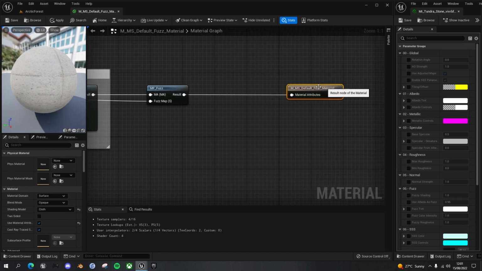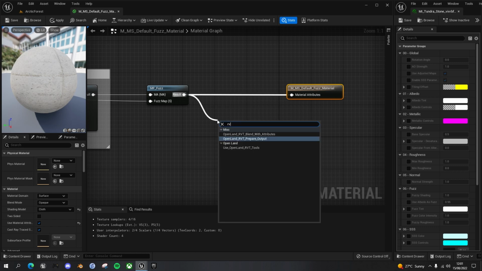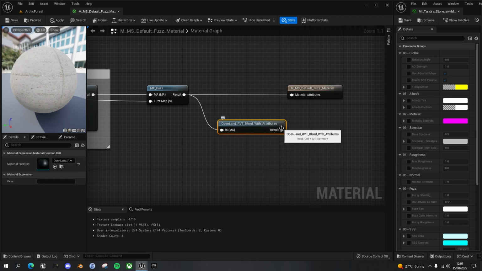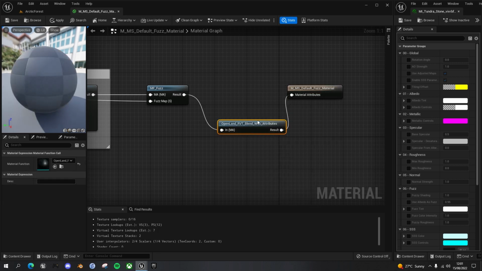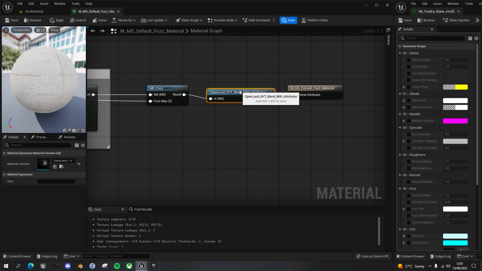So what we'll do is we will just move that along a bit, and we're going to add a node just before the main material output. Drag out here and type in RVT, and you want OpenLand RVT blend with attributes, and then plug the output in here. And what that'll give us is some extra parameters that will use the runtime virtual textures that we've just created to blend in the rocks with the underlying landscape. So click on save here,